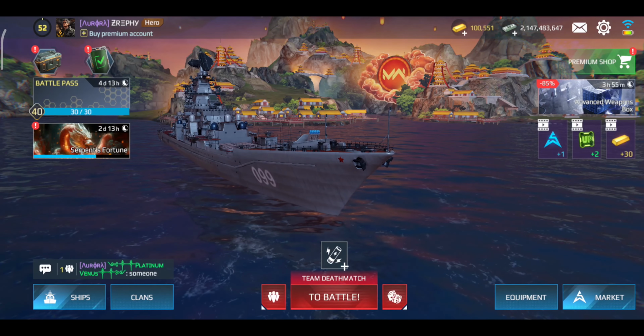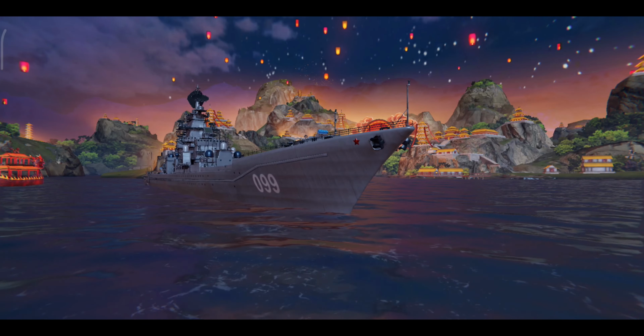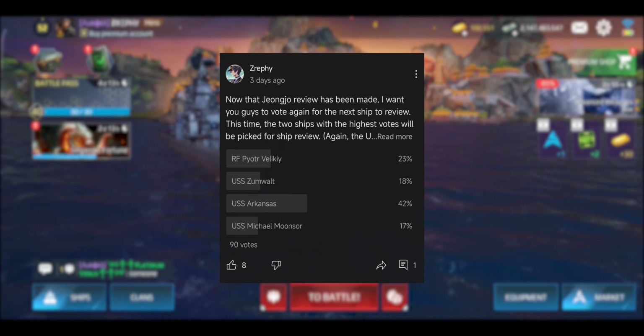Hey everyone, today I'll be reviewing the RF Pyotr Velikiy, which is a premium cruiser that you can buy in the shop for 11,000 gold. This ship received the second highest votes in the community poll, with the top spot going to the USS Arkansaw,